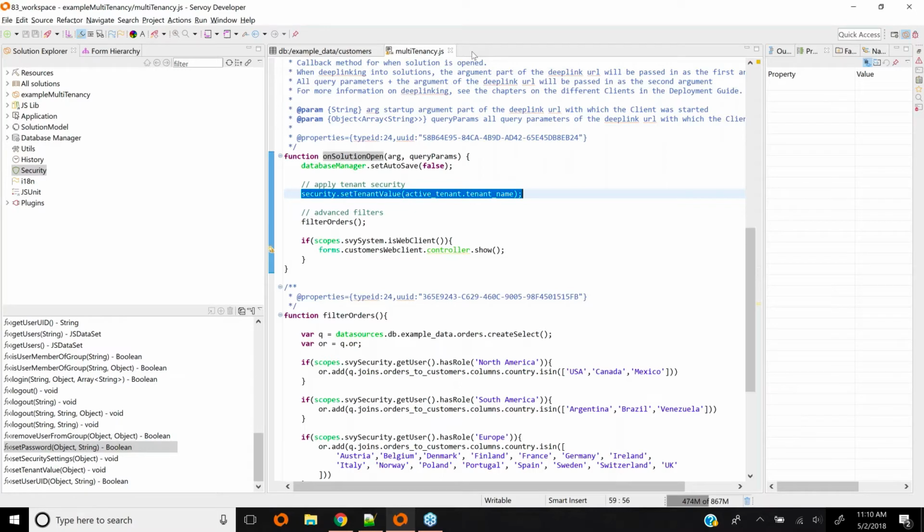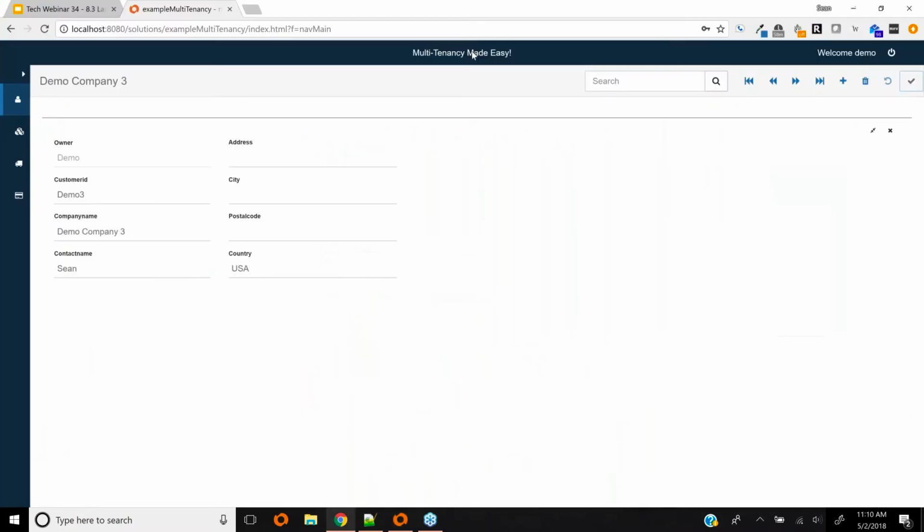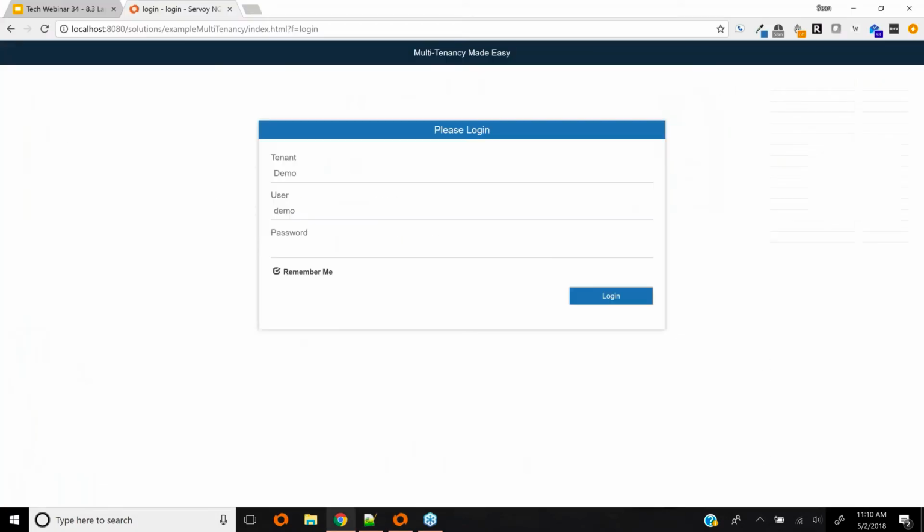The next example that I want to show you is another feature that was added in 8.3, which is the ability to filter tables or found sets based on something more complex. So typically it was a data provider name, an operator like equals or like or greater than, and then a value, and you could apply them that way. It was traditionally difficult to do joins or logicals like ands and ors, and basically a complex kind of query, and have it set and be a persistent filter. So I'm going to use my Servoy tenant,